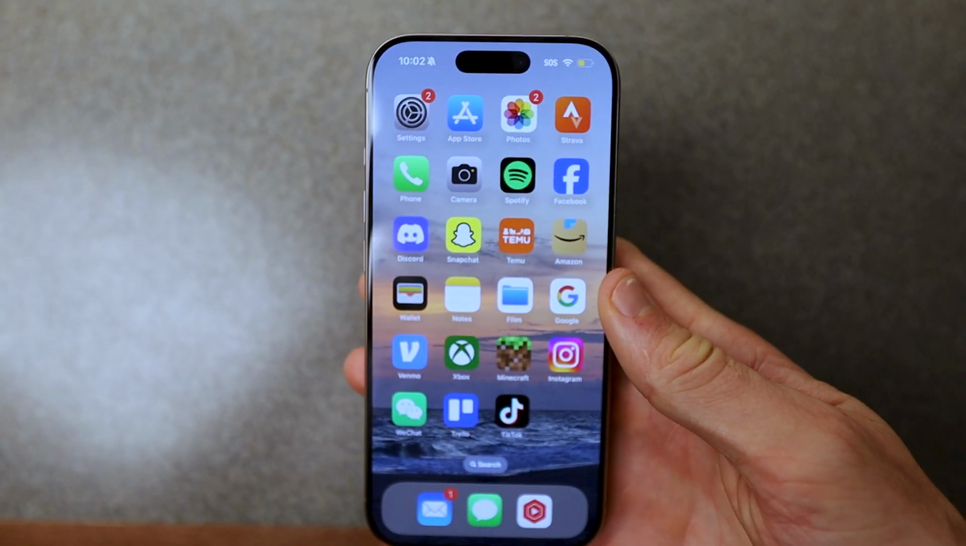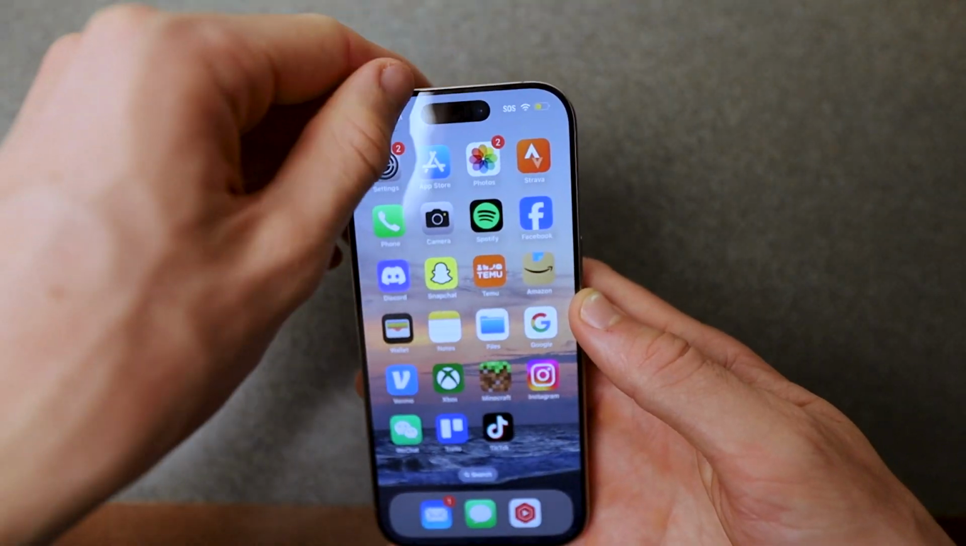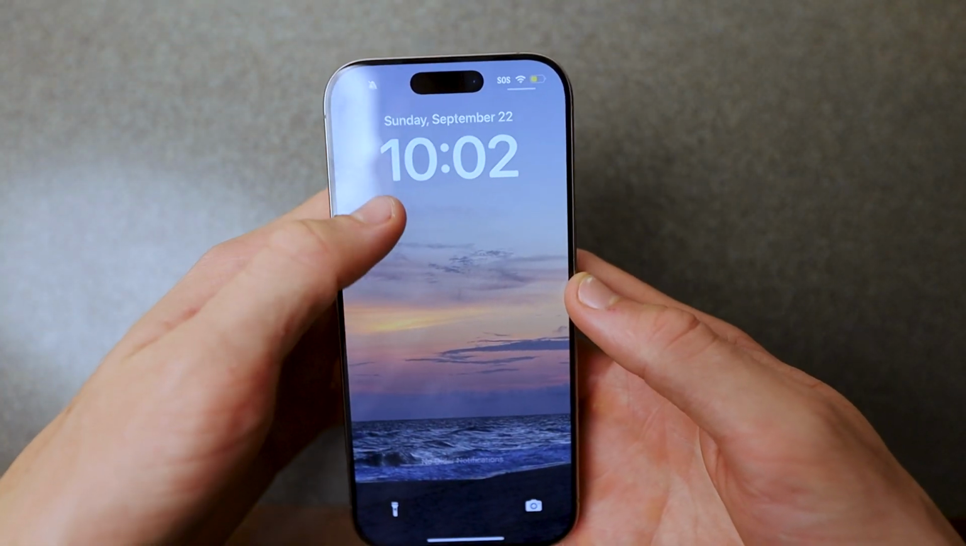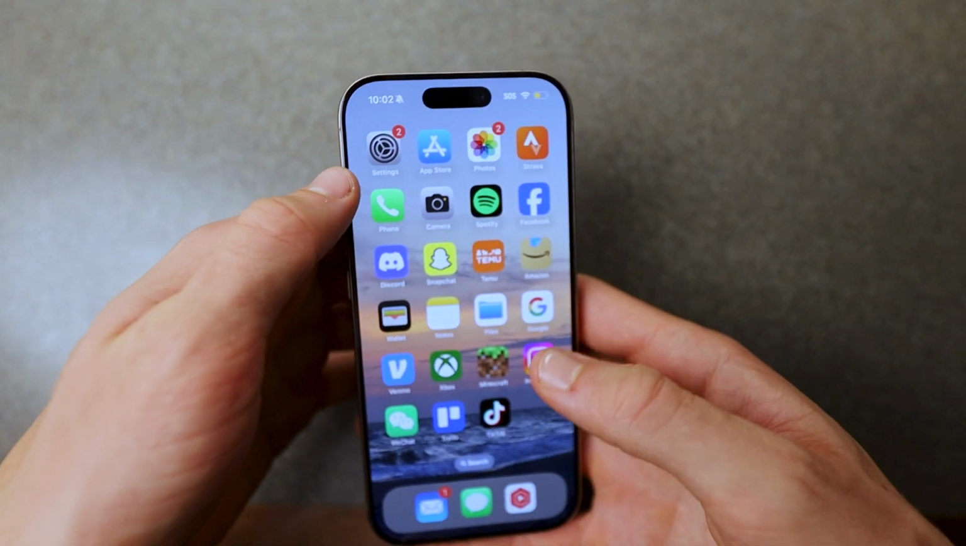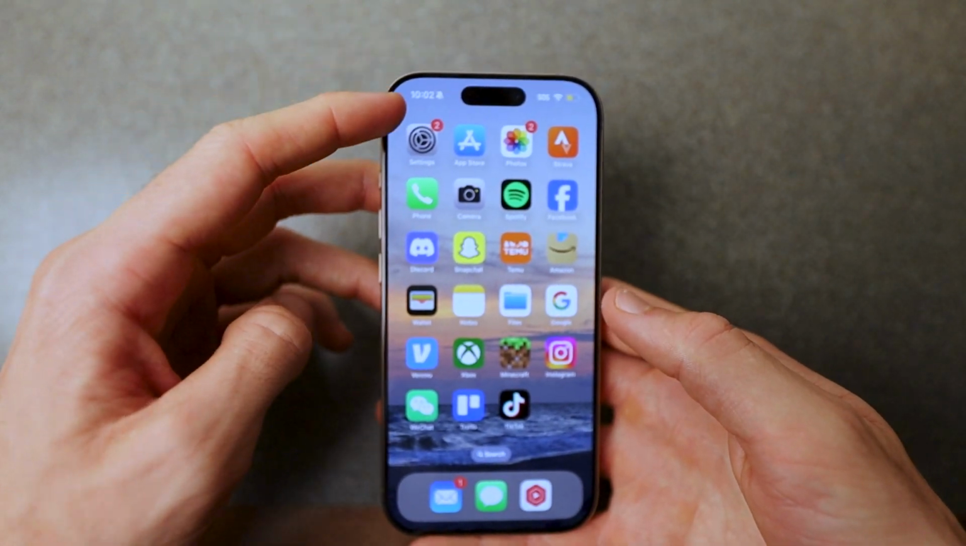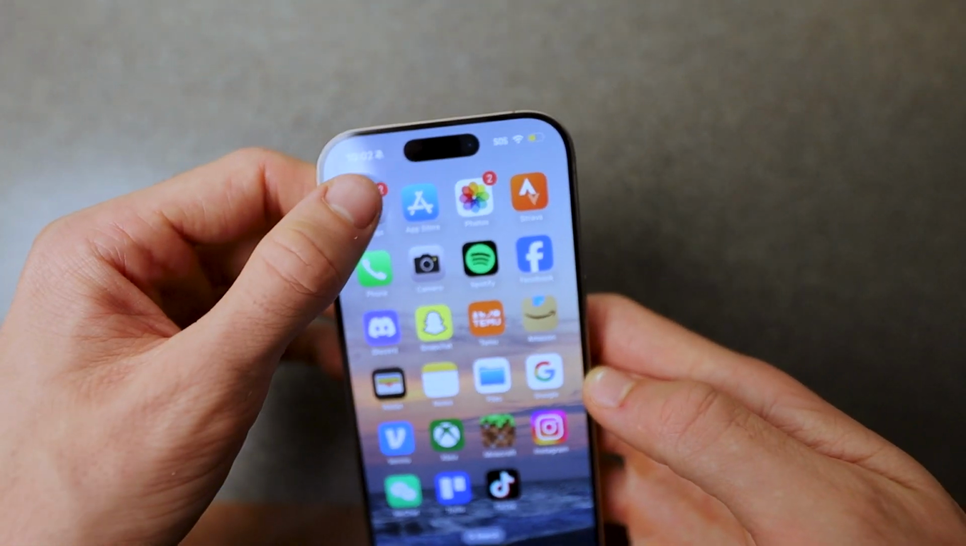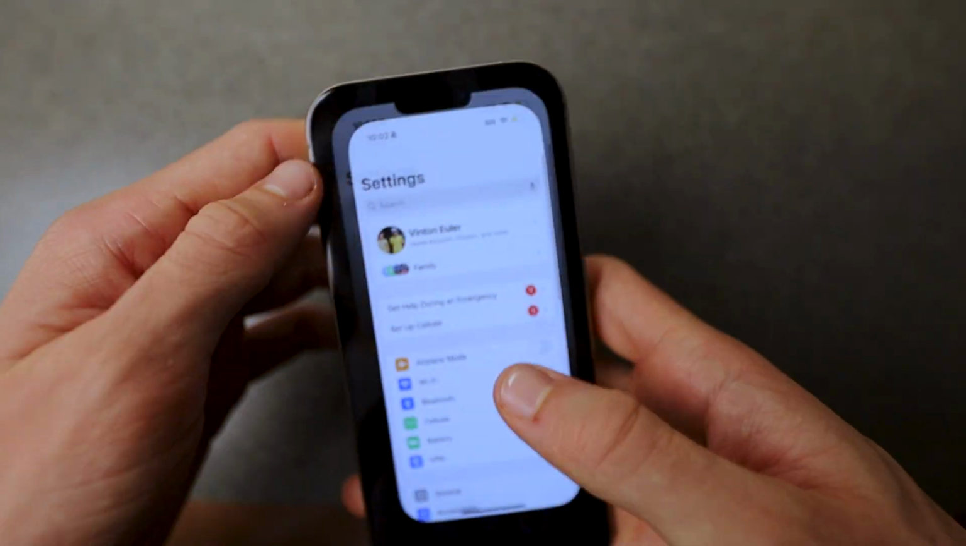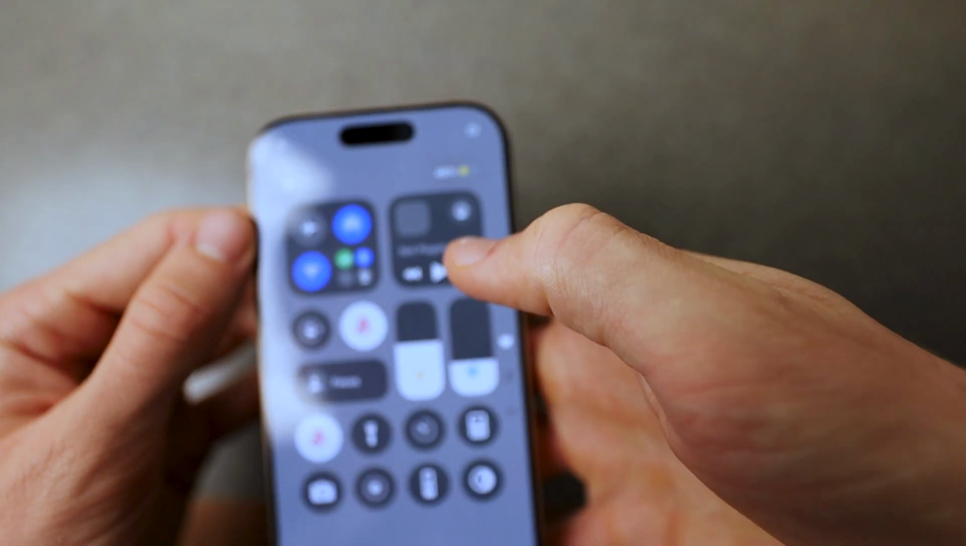In this video, I'm going to be showing you how to turn off pop-up notifications on your iPhone 16. As you can see, currently I have no notifications popping up, but let's just say you're getting banners and badges from the very top of the screen right here, and you want to turn them off. All you have to do to turn them off is swipe down from the top left-hand or